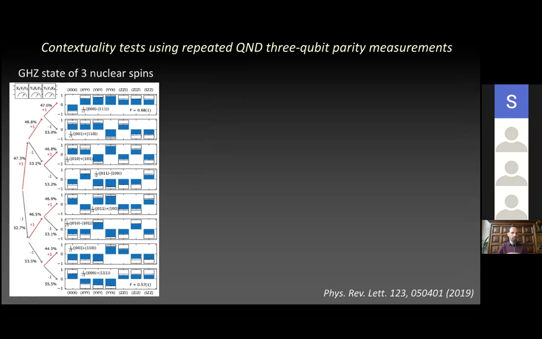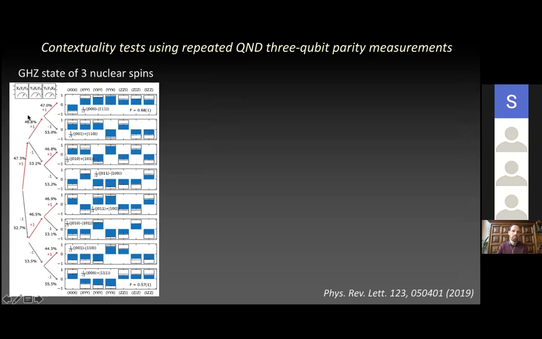So they are in some random state. And then we start to apply these 3-qubit parity measurements. So we start with x1, y2, y3. And we get an outcome, +1 or -1. And this puts us then into one of these subspaces, right? So for example, if I get +1, I'm in the +1 subspace of this